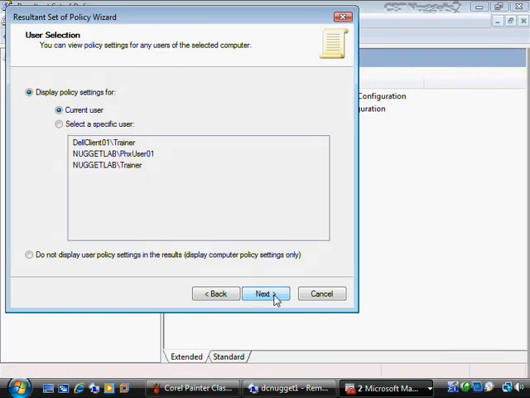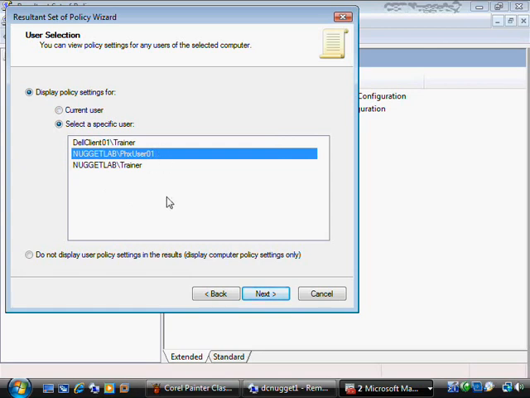And then I click on Next, and it allows me to specify the current user, which is kind of redundant because that's what I just did. Or I could specify a different user here. Now, this does use information in the cached profile for that user. That's why I only see users that have logged on in the past and not all the users that are in the domain. For example, remember I have Phoenix Super 01, Phoenix Super 02, and some other accounts that don't